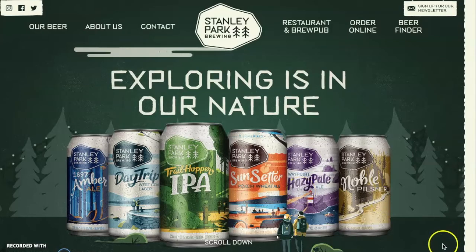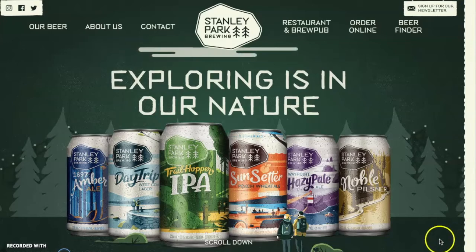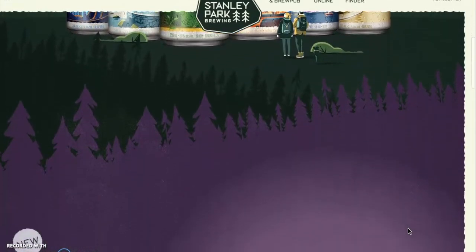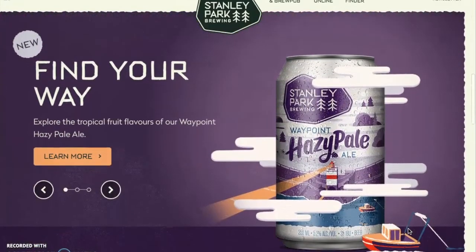This is just another interesting brand story. So this is Stanley Park Brewing, and you can see they use a pretty interesting illustrative style on their packaging that they also then bring into the background. That's really why I'm showing this one, because it's a nice integration of using some of the illustration as background elements, and even using a little bit of animation up at the top. And then as you scroll down, you can see that these trees come in using parallax, and